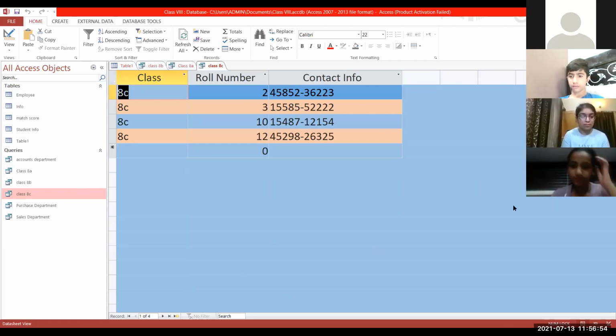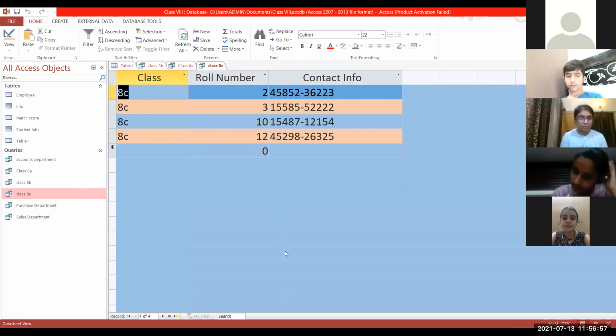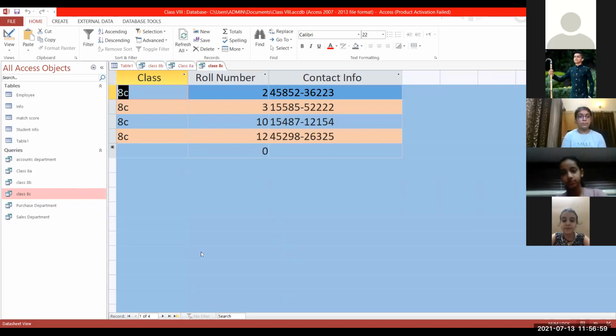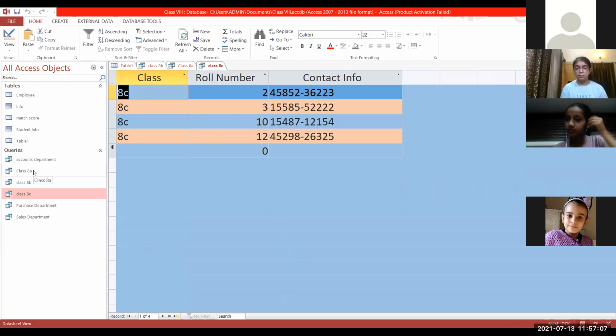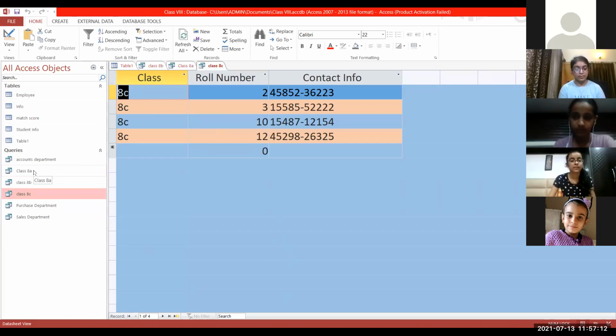Okay, thank you. Now we are going to do parameter query. Here I had to create a query for one class for every condition, every criteria. For every class I have to create a separate query. But it will be good if I run a query, it asks me the class, then I enter the class and it will give me the records of that class. That means we have to create only one query. So in that case, I have to create only one query for getting the input of class. How can we do it? Method is same.